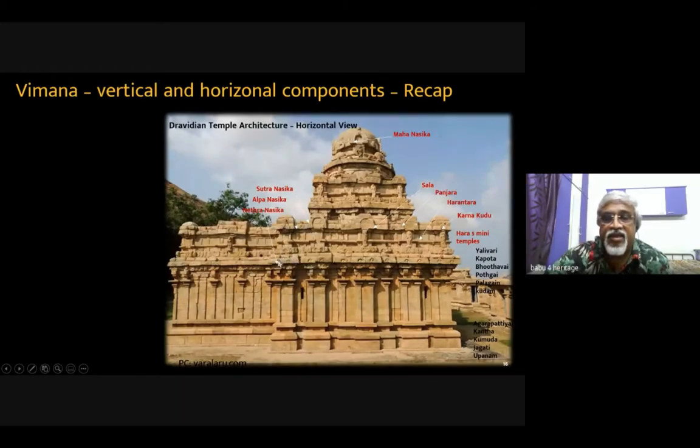And the interesting thing is the Netra Nasika in the Kapodam. Okay, Netra is equivalent to 2 in Sanskrit. In the coding style of numbering, Netra means 2. So it is twin Nasika, 2 Nasikas together like eyes.